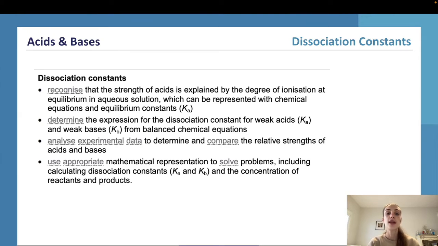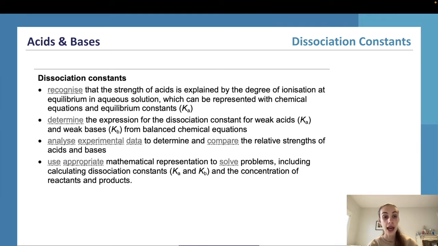So now we need to talk about dissociation constants. Dissociation constants give us an understanding of the strength of acids and bases, and basically the extent to which the acid or base has dissociated in solution. So for this learning outcome, we need to be able to recognize that the strength of acids is explained by the degree of ionization at equilibrium in aqueous solution, and this can be represented with chemical equations and with equilibrium